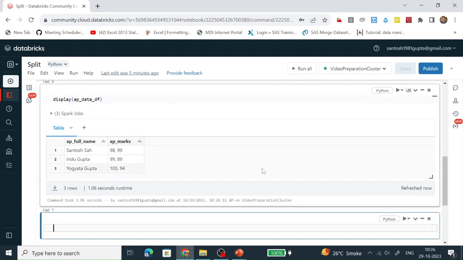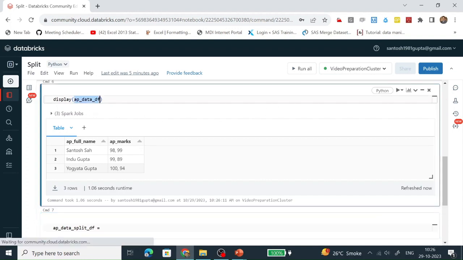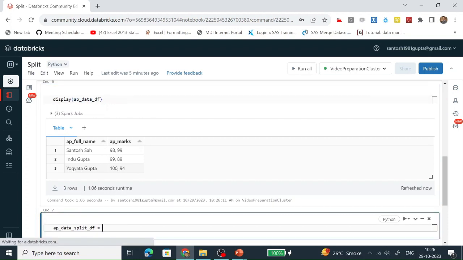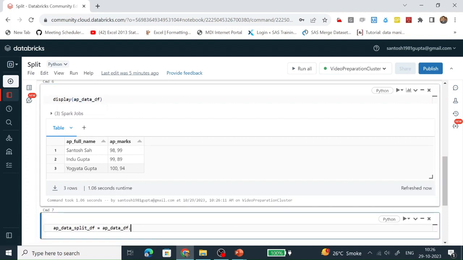So what we are going to do, let's create one more variable. We are going to create a column on this data frame with the help of the withColumn function, and the name of the column is AP_marks_split. And how will this column be populated with values?